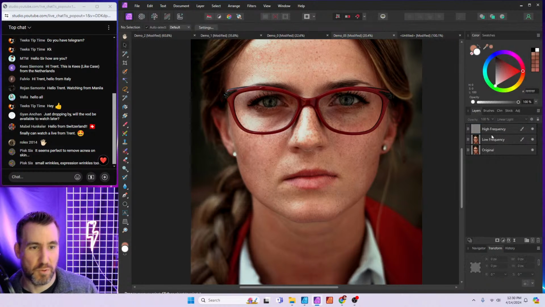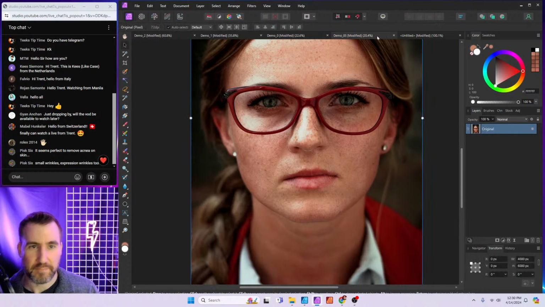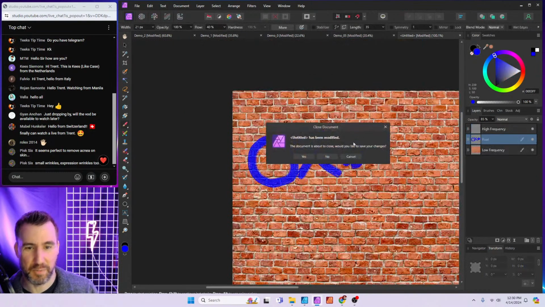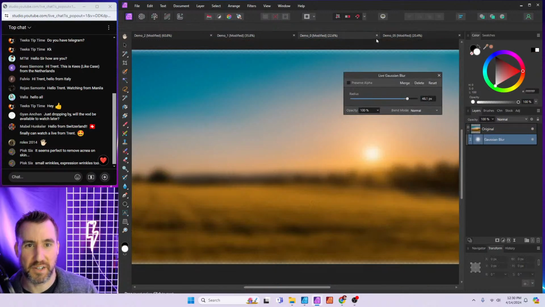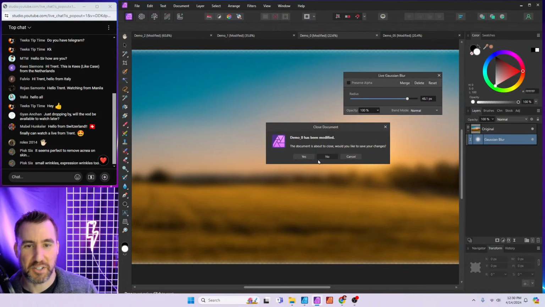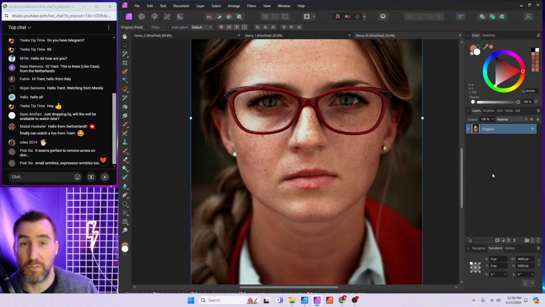Actually, let me show you one thing that is interesting. I found it interesting. I don't know if you will, but maybe it'll shed some light on how this works. We can actually manually create our own frequency separation, and you can do that with the high pass filter and the Gaussian blur. So like I said before,